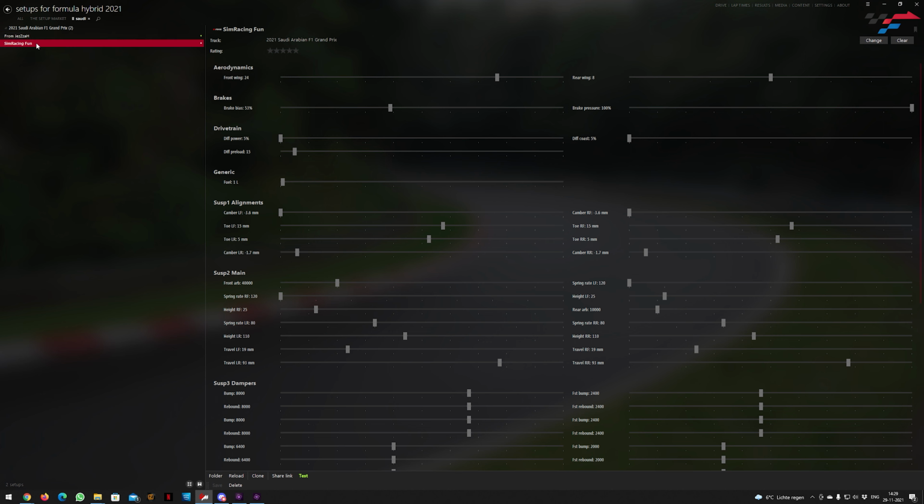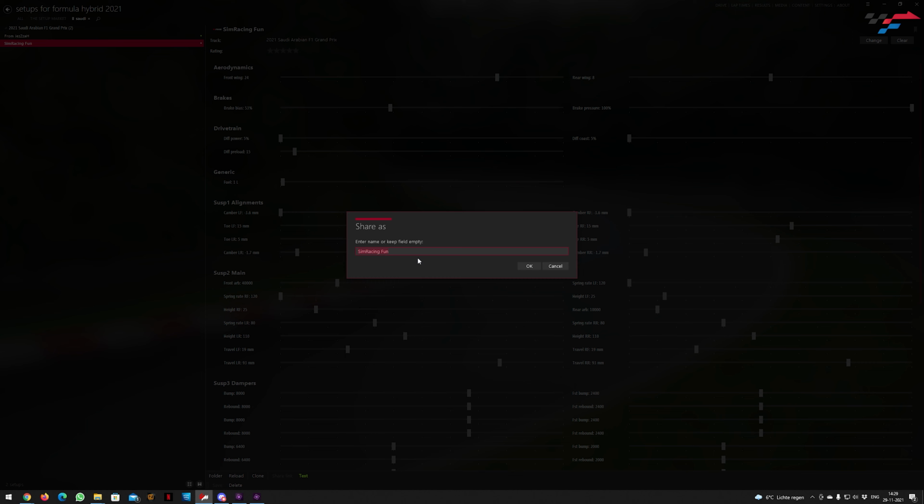Now let's say I want to share SimRacing Fun again. I move to the bottom of my screen and I see a button for Share Link. When I click on it, I can name this. So for example, I call it SimRacing Fun Test Setup. When I click on OK, I get a confirmation dialog if everything is right. It does look right to me, so I'll click on yes. And you can see the Content Manager has now generated a link over there, which I can copy to my